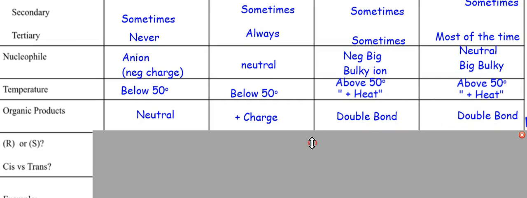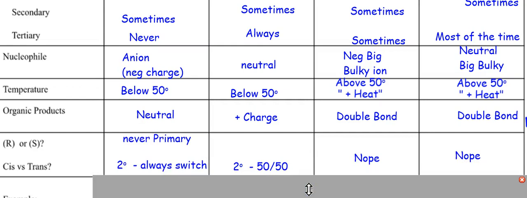What about R and S or cis versus trans? You don't have to worry about it for primary. Rarely do you have to do it for tertiary, unless it's such a large tertiary that each group off of the central carbon is different. So maybe you have a methyl, an ethyl, and a propyl group off of there. You don't really come across it, but you can. If it's secondary with three different groups, your hydrogen, and then like a methyl group and an ethyl group, we always switch them. And the same thing goes for